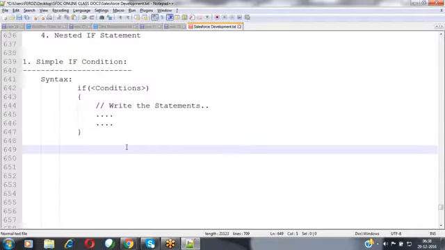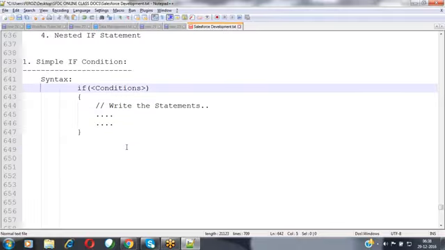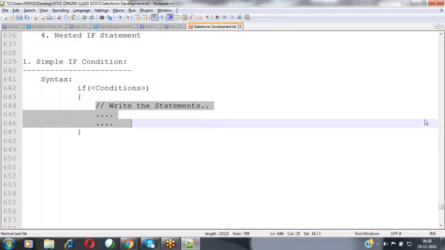So what exactly is the functionality of this simple if condition? The user can add conditions in order to verify whether the statements inside can be executed or not. These statements will be executed whenever the condition that you have specified is satisfied. If the specified conditions are satisfied, then only it will enter this block, and the statements you have written will be executed one by one, in the order that you have specified. If these conditions are not satisfied, then we cannot enter into this block.